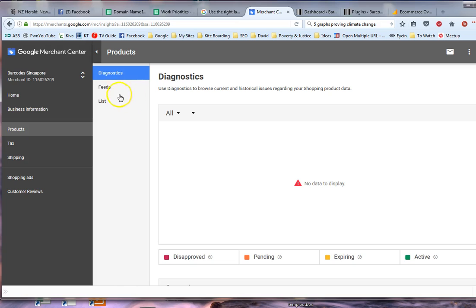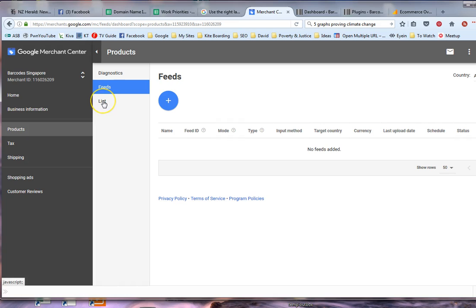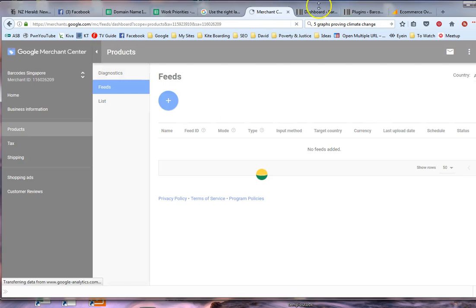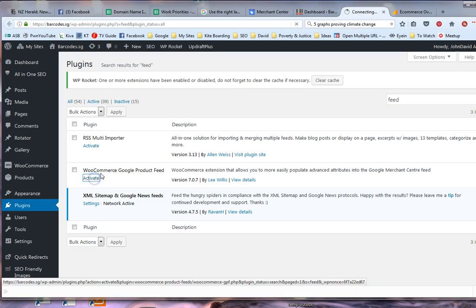And then there are no products at the moment, okay, but I can create a feed that'll feed directly from the website if I want to, or I can create a list which would need to be on a spreadsheet, maybe a Google Documents spreadsheet. So what I'm going to do now is go to the website, Barcode Singapore, go to the plugins page, and if I do a search for feed on the plugins page, there is this thing here called Google Product Feed. Now, please only use this if it's of use to you, because it costs us per site that gets activated. But if I activate that for Singapore,